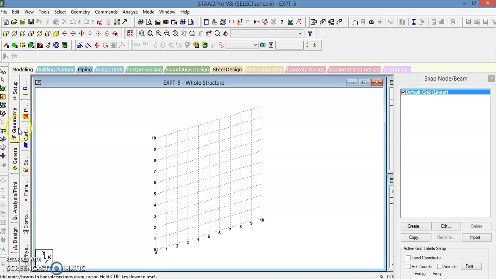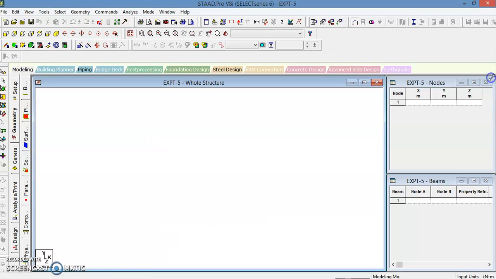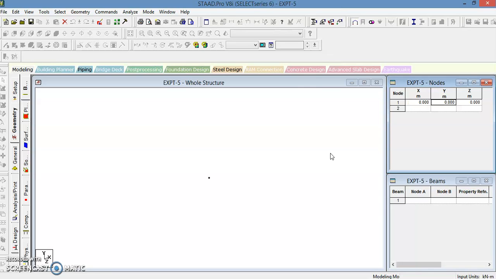So now we are in the geometry. Okay, we will create this model in the geometry, in the middle of this. So first of all, you just close the default grid, and enter the nodal coordinates. So what are the coordinates of node A or node 1? It is 0, 0, 0, so 0 enter.